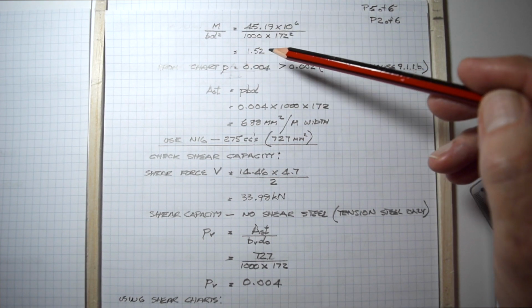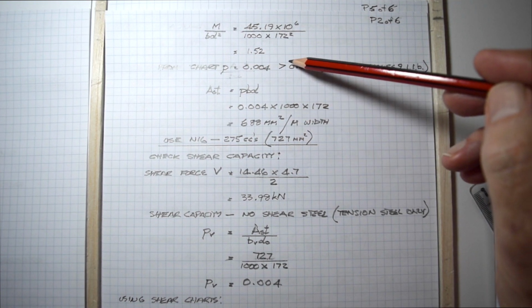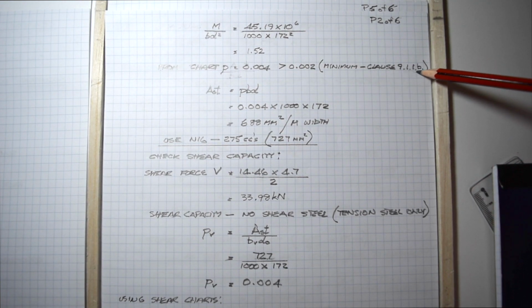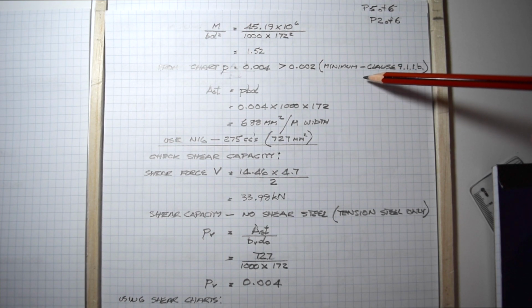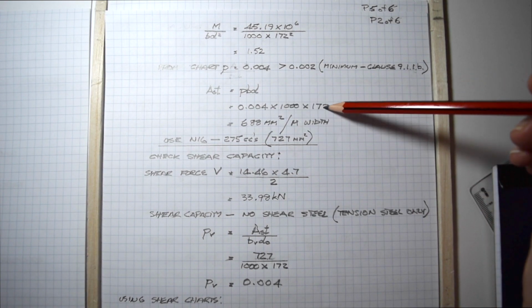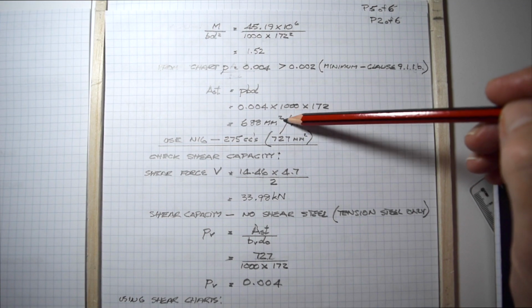And from your chart then, the steel ratio is 0.004, which is greater than the minimum that you're allowed to use as per clause 9.1.1b. So that's okay. Area of steel you need is PBD, and that works out at 688 square millimeters per